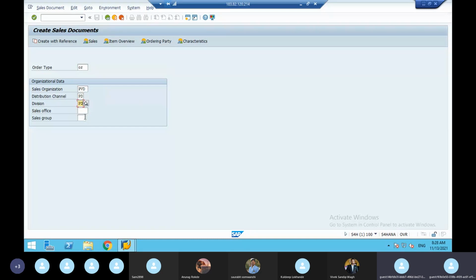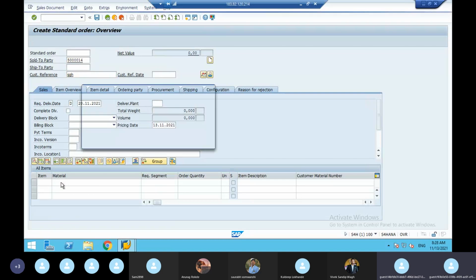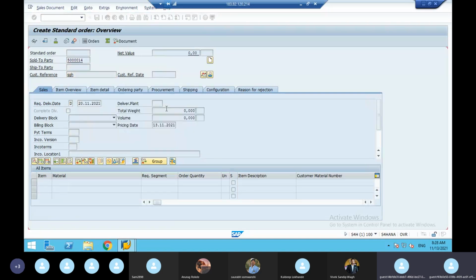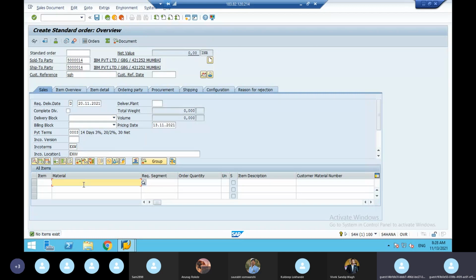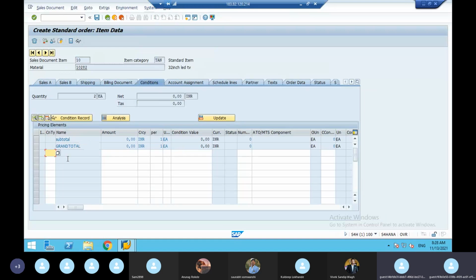So enter customer number, PO number, here material number. So here material 10282. Next quantity 2. Press enter. Now double click on the material number. Go to the condition. Here I'm going to give the price.